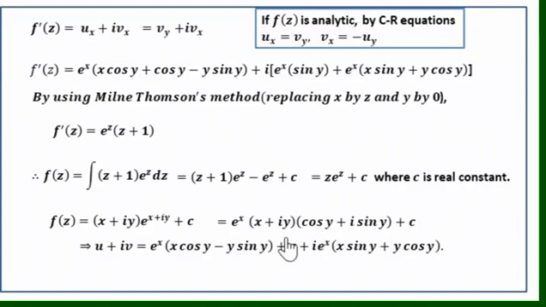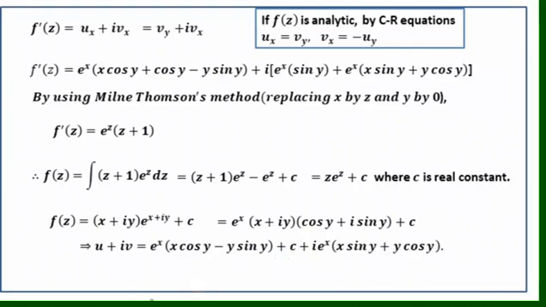Then we have iy times i sin y is i² y sin y, i² is minus 1, so minus y sin y. So we have e^x (x cos y - y sin y), the real part here, plus c, which is a real number, so this is the real part on the right hand side. Plus the imaginary part: if I multiply here, i y cos y plus x times i sin y, that is i e^x (x sin y + y cos y). Okay, so now compare the real and imaginary parts on both sides.